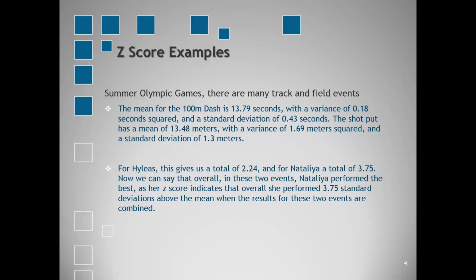Now that we have our descriptive statistics, we can start to answer our question of who did better overall. If we look at the winning results of each event, we can see that Hilaeus Fountain won the 100-meter dash in just 12.78 seconds. Natalia Dobrinska won the shot put by putting the shot 17.29 meters. Now, if we look at each woman's score on the other event, here's our data. Natalia completed the 100-meter dash in 13.44 seconds, good for 6th place overall, and Hilaeus putted the shot 13.36 meters